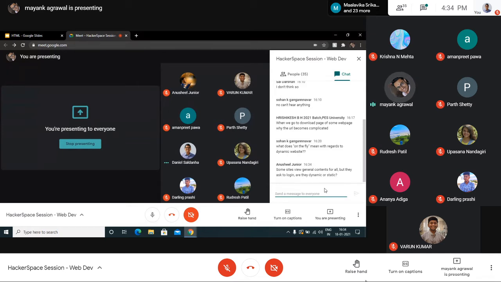It kind of depends. Dynamic or static depends upon what kind of interaction the site is letting you do. If a site allows all the users to see the same page, I would call it more static, because it is just taking your login info to store it somewhere for their own purpose.